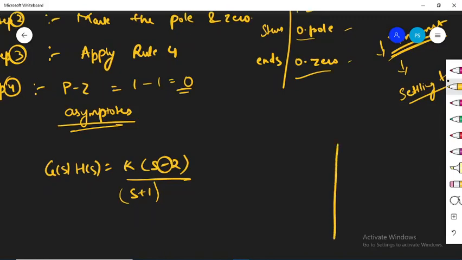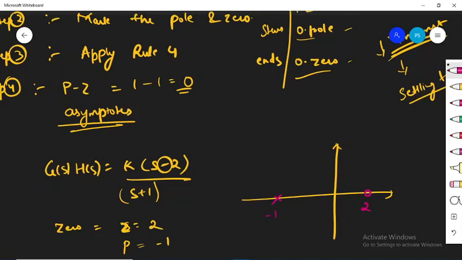I'll just show you, like in the s plane, what will happen over here. You have got a 0 at s is equal to 2, and you have got one pole which is located at minus 1. So the position will be, this will be minus 1, and the 0 is located at this point. Now, will the comments I was making for the above example be true for this example or not?